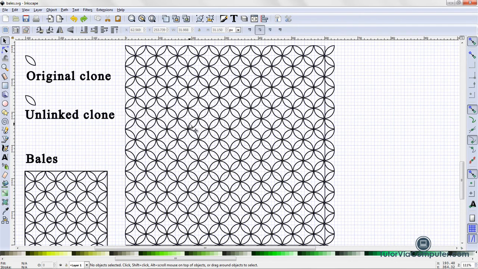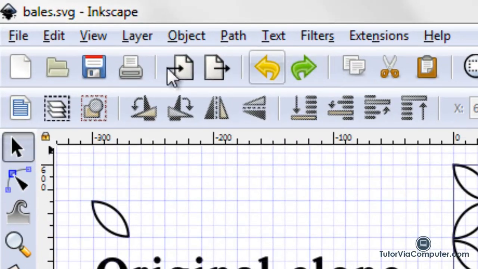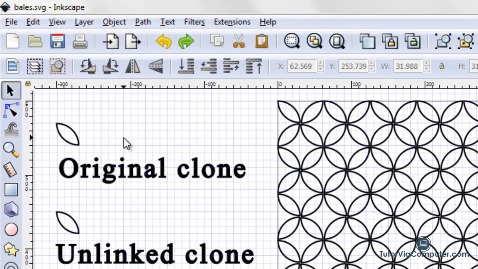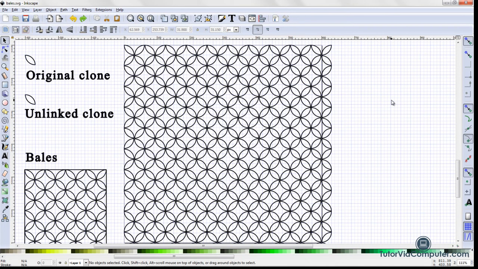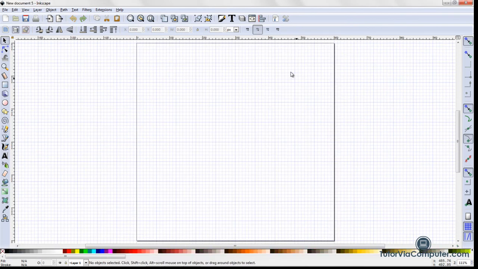I have saved my Bales pattern file. I named it Bales and accepted the default extension of SVG. That'll allow me to come back at any time and modify the file. I then opened up a new document and set up my document properties. I'm now ready to